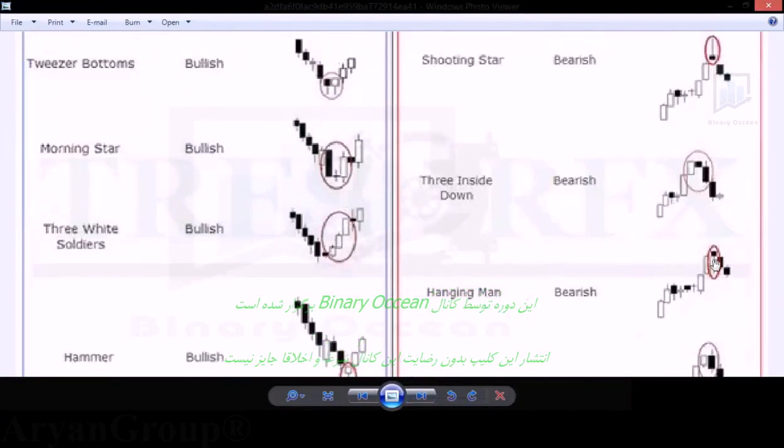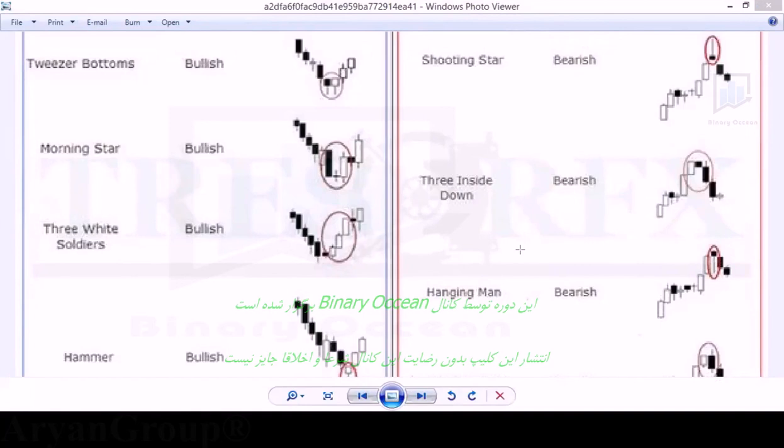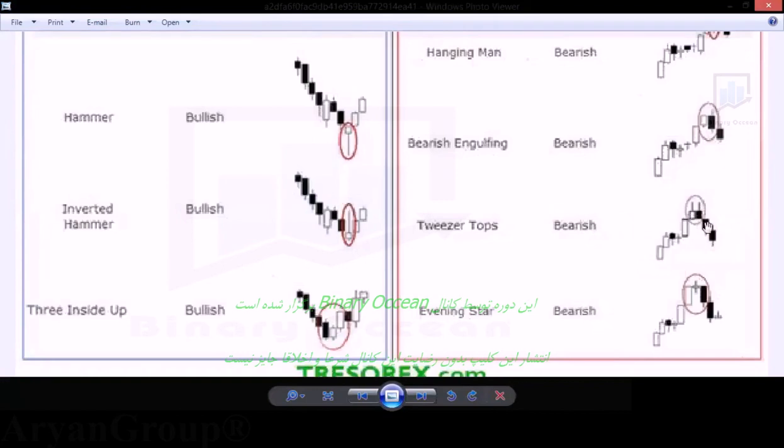If this is a resistance level, if this is a support, if this is a resistance level, a reversal sign, an additional confirmation, then you can enter on the next candle. It will be your take profit point. Here also you can enter here. It will be your entry point. You can't enter with this confirmation. This is a confirmation. You need additional confirmation to go with sellers. Here also at Tweezer tops, you need additional confirmation here, then you can enter into the market.